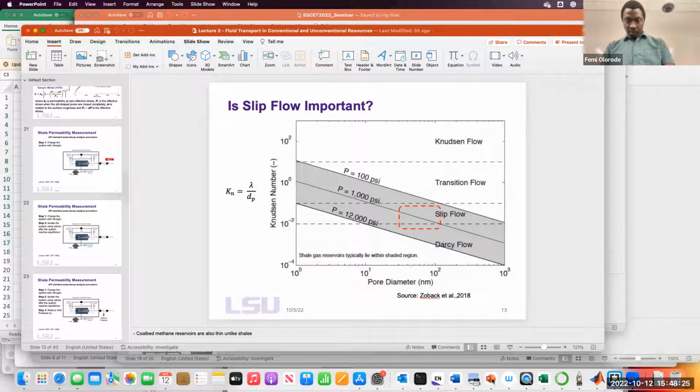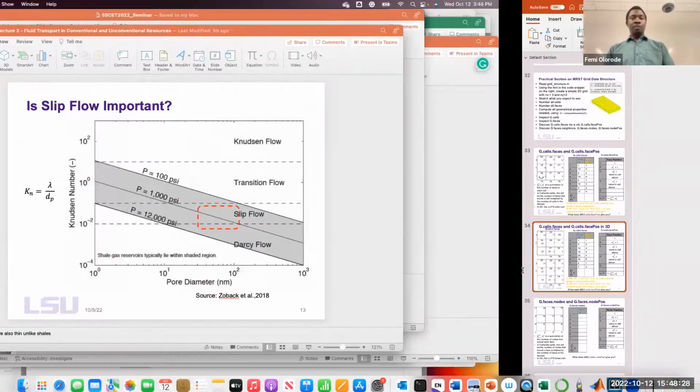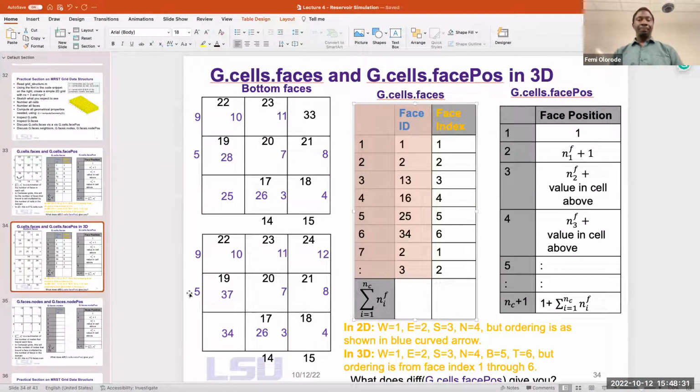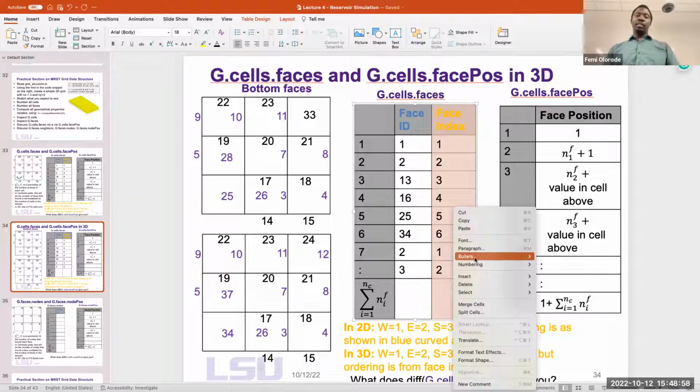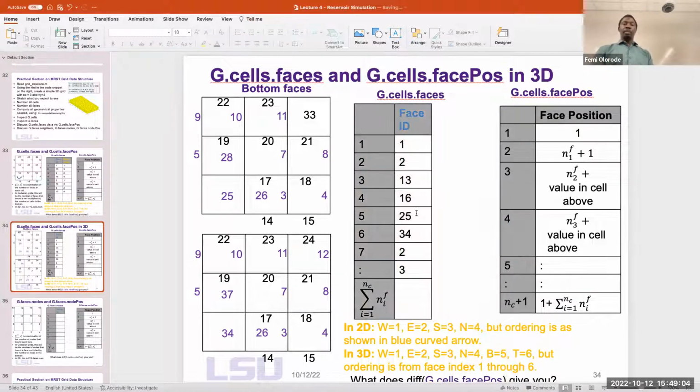Where are we? Good. Any questions? Is that part very clear? Yes. What did I say? The combination of G.cells.faces, which is basically the face IDs. We are ignoring this last stuff. We can actually delete it so it makes our conversation easier. Delete columns. The combination of this vector